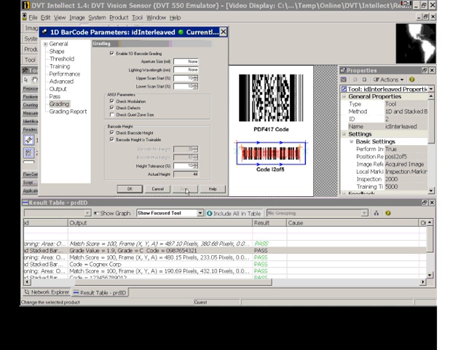So the idea here is that we're going to be able to get not just what's encoded into each of these codes, but also check how well these codes are being printed and basically monitor the quality of the printing that's happening. That takes care of our